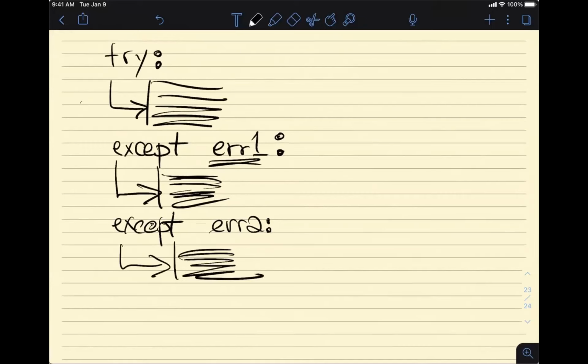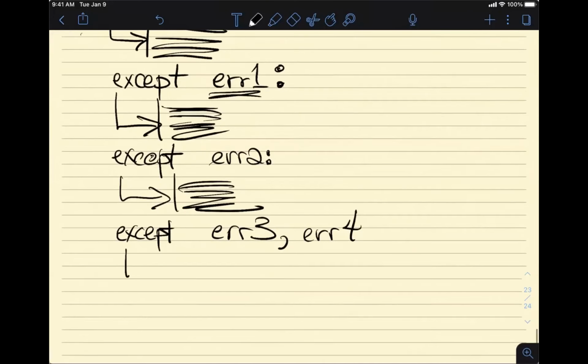Also, there may be times where you want to handle multiple errors exactly the same way. You could also do comma. You could catch multiple with the same code if you want.